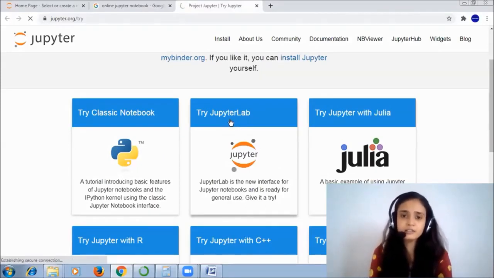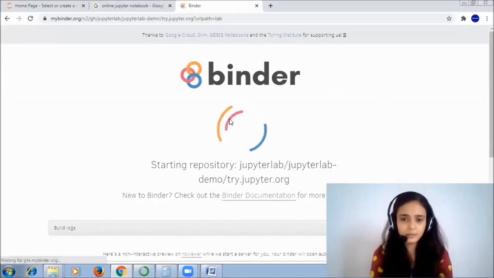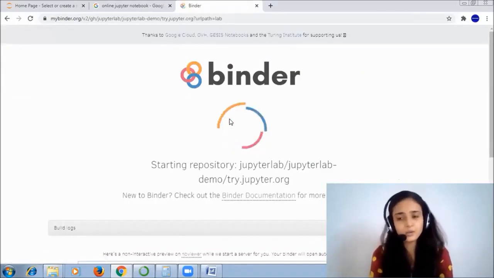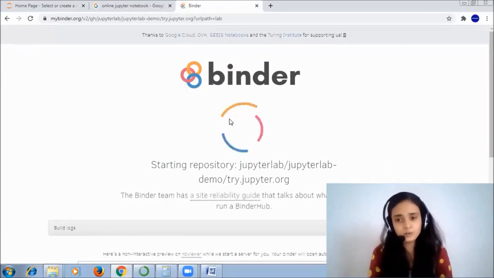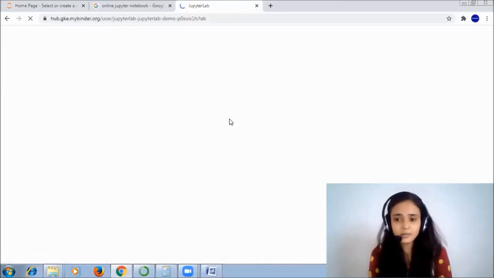So I'm clicking on it, that is online Jupyter Lab, and my online editor will get open and we will code in it. Why are we doing so? Because it happens sometimes that some of the libraries can't install in your Anaconda configuration due to some installation issue. So for that particular error, the solution is you can make use of the online editor.